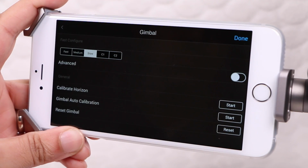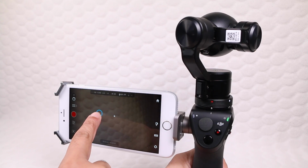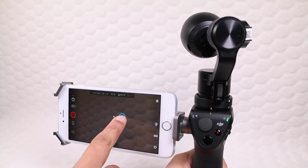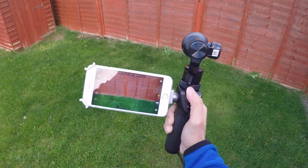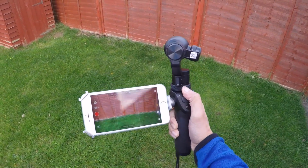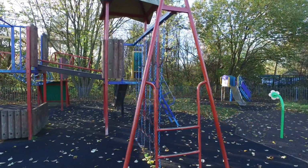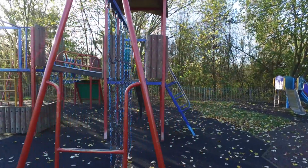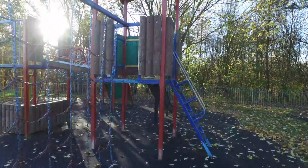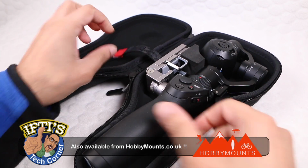As for the gimbal itself, a little tweaking and frequent calibration does produce better results. I did find the gimbal would start to lean to one side very slightly now and then, although that is me being very picky and something a firmware update will likely tweak in the near future. Otherwise it performed wonderfully well, and above all else the camera itself, other than that fan noise, produces incredibly crisp, detailed footage. Priced at around the $650 mark, that's £550 in the UK, there's no doubt that the DJI OSMO